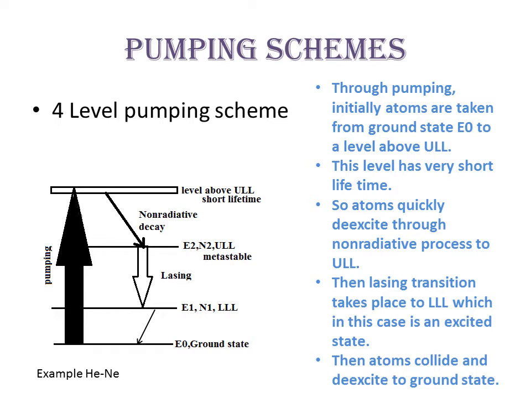In the case of helium, atoms will collide with each other, and they will collide with the walls of the tube also, and lose this extra energy and come down to the ground state. So the lower laser level does not face the problem of accumulation of atoms. Therefore it is not a threat to the population inversion. Obviously after the laser emission the upper state is depopulated, but that will be restored because of the pumping system which is on. So that's why the 4-level system is superior compared to the 3-level system.